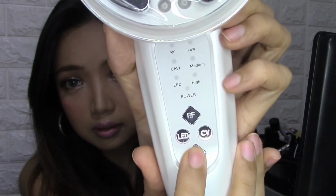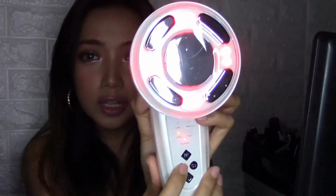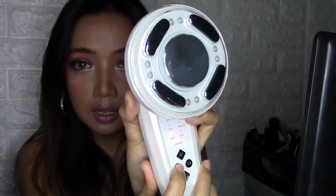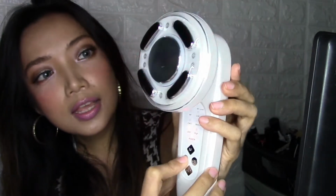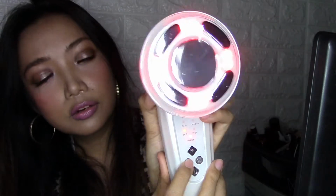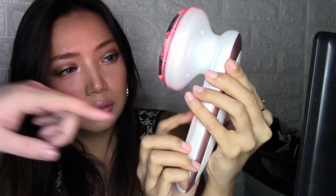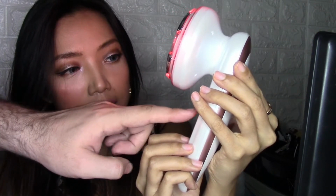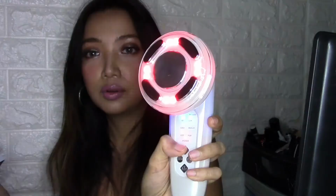There. So it has lights there. Hopefully you can see this is the red light. I don't know why it's blinking, but I'm sure it has purpose. And then another red light. I think it says here LED high, medium. Yeah, it has low, medium, and high. So I think this is just going to be red light or not. Alright, I'm not really sure how to use this, but